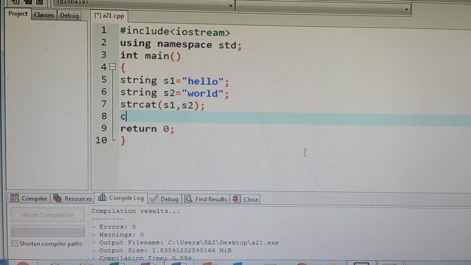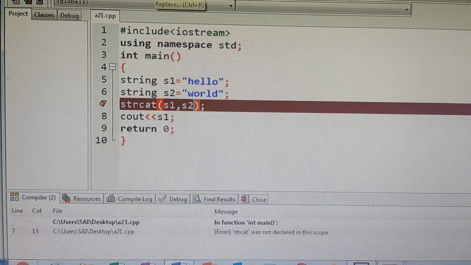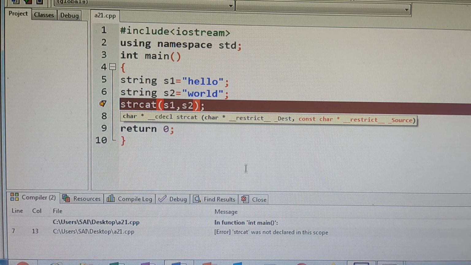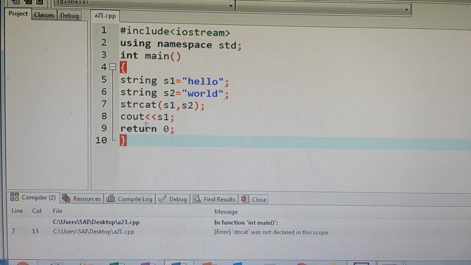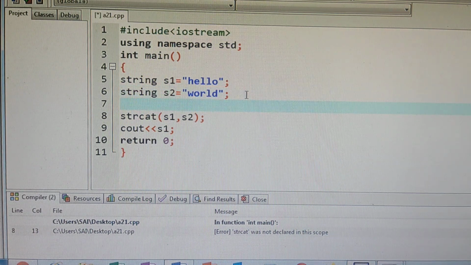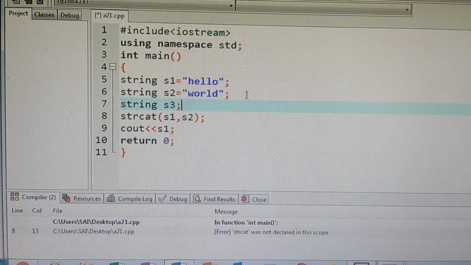Now I am printing cout s1. We'll see what output you will get. Compile. It was not declared in this scope, so it is giving an error. Okay, we'll declare one more string. String s3 semicolon.